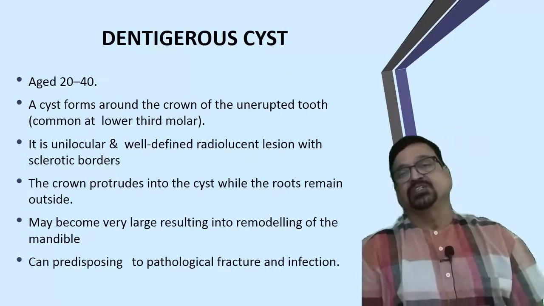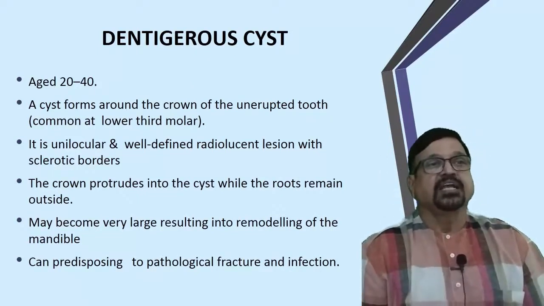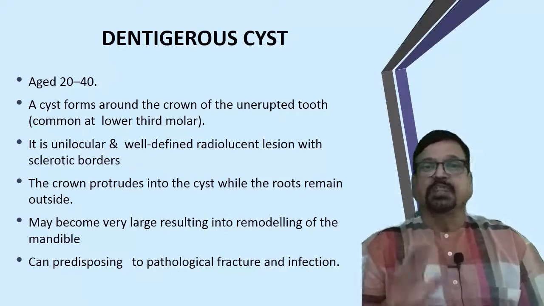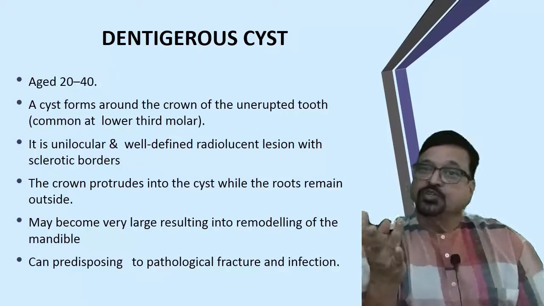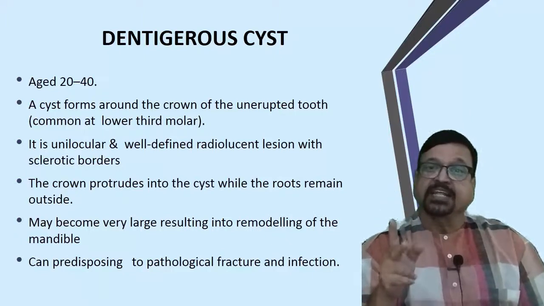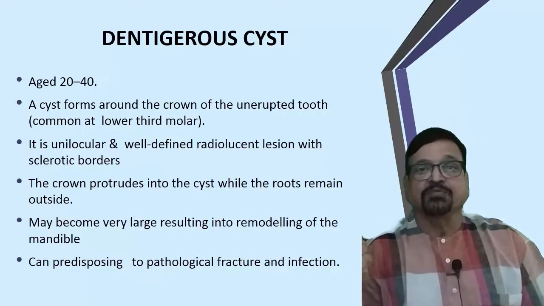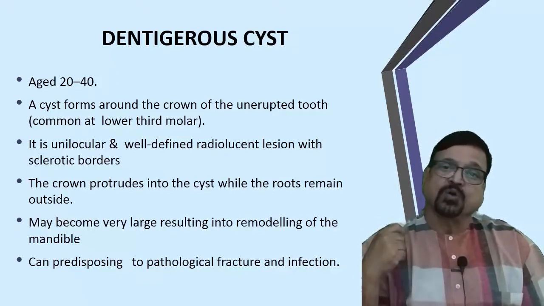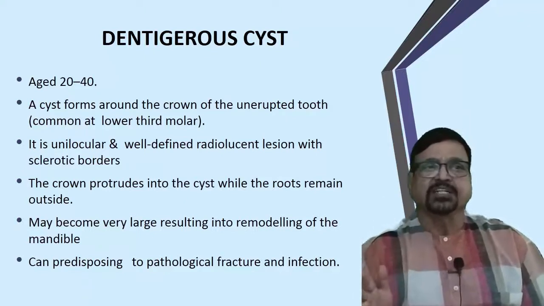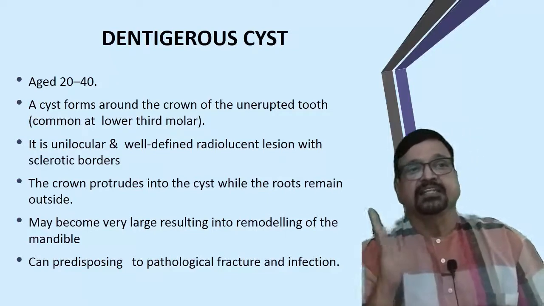Now, dentigerous cyst. Dentigerous cyst, the age group is 20 to 40. Then a cyst is formed around crown of an unerupted tooth. Requirement has to be cyst, has to have a crown of an unerupted tooth. So these two things has to be there. Now common areas are third molar, but as we are seeing at the end of lecture, there will be a lot of places or almost all the places where they can occur. So no areas are immune, everywhere you can get a cyst. The cysts are found almost at all regions, but common at second and third molar.